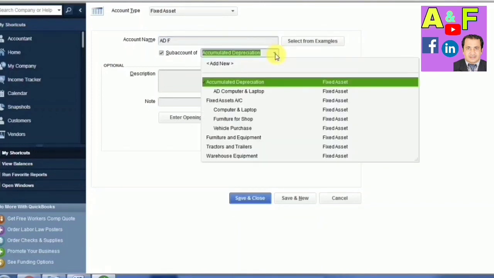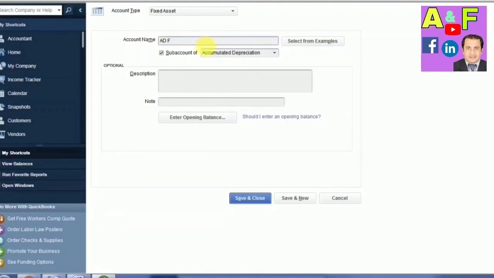And you can see this. Accumulated furniture for shops. We copy that one and we put it in the description below,